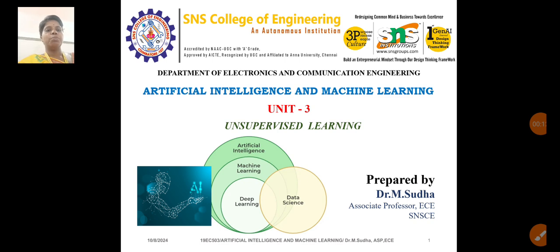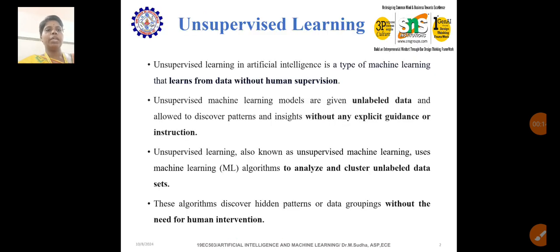What is meant by unsupervised learning? We all know that supervised learning we have already discussed in detail in Unit 2, and now it is unsupervised learning. From the name itself we can understand that unsupervised means the learning process takes place without monitoring. That is known as unsupervised learning. But how the unsupervised learning takes place in the machine learning approach, those things we are going to see in detail in this unit.